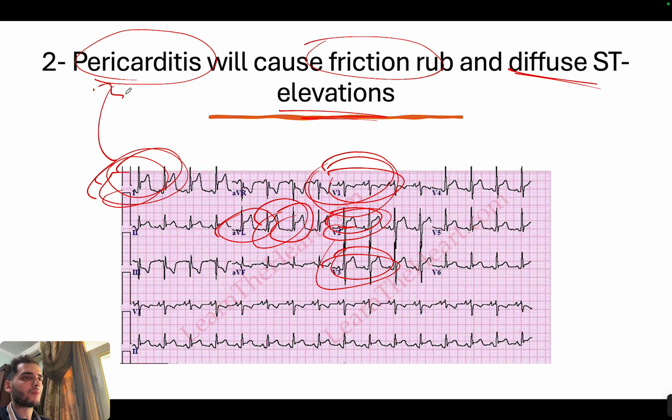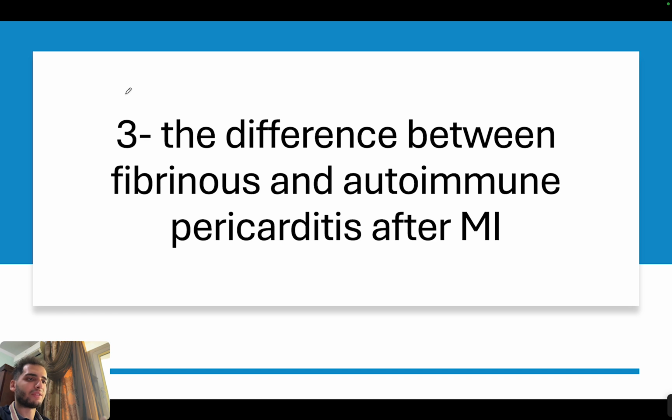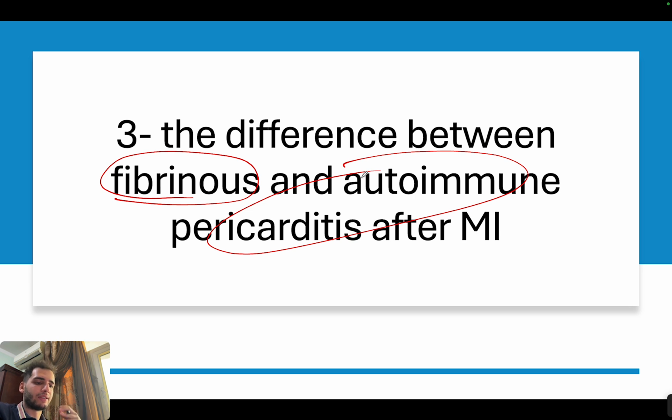Okay. Now another thing is that they will ask about the difference between fibrinous pericarditis and autoimmune pericarditis. These two are usually subtypes of pericarditis that can happen after myocardial infarction. Now the difference is very easy. Fibrinous pericarditis is the one that happens 2 days after myocardial infarction, when the neutrophils arrive in the